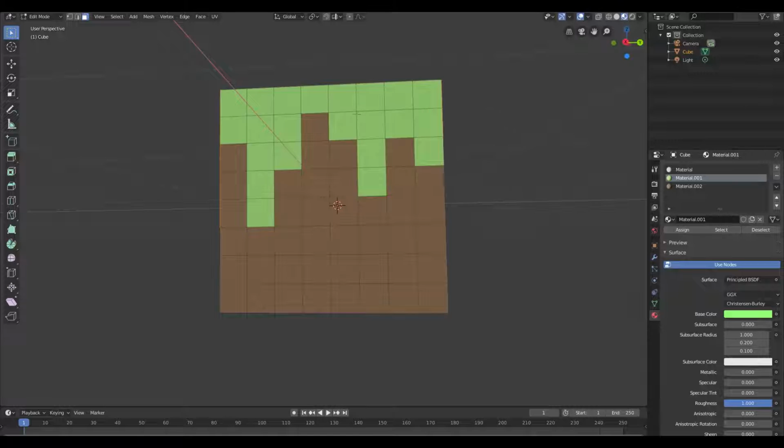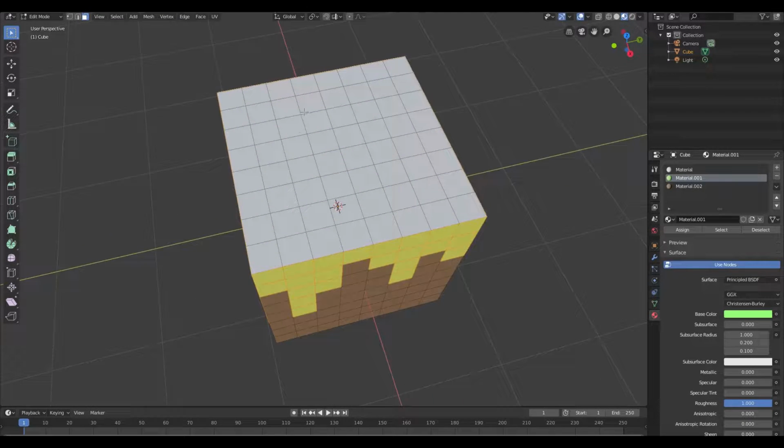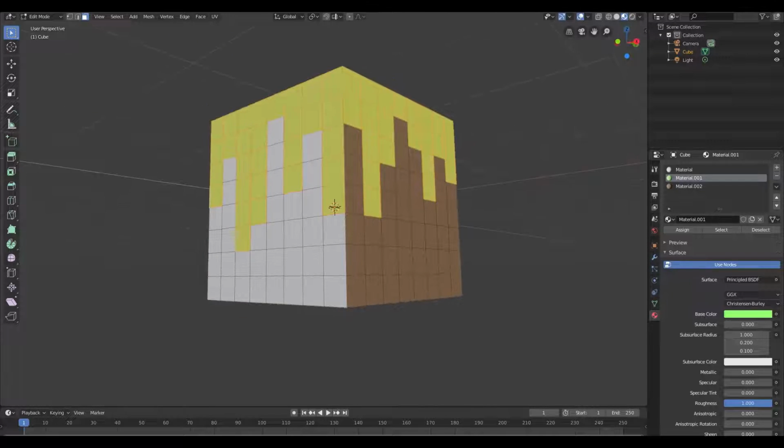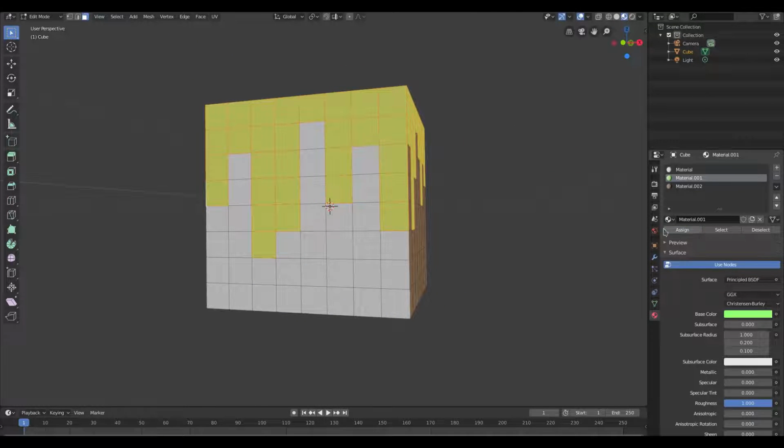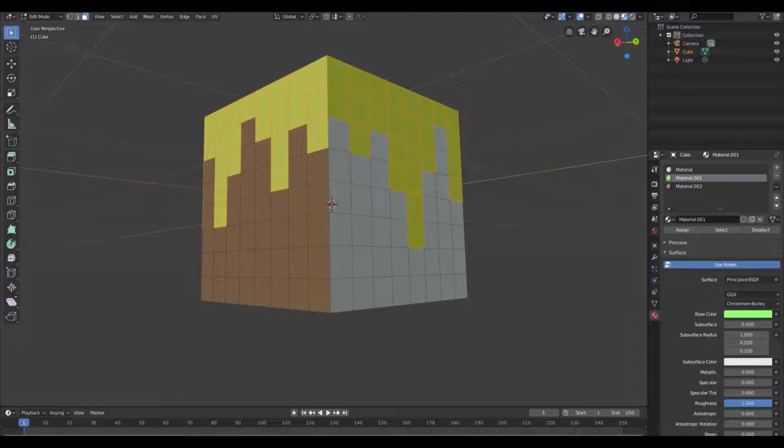Now if we select all the green first, so if I select all the places where I want grass at, right? So all that, and then of course on the top as well. So all of this should be green. If I select all of this, the bottom, I don't need that. Okay, if I select all the green, hit assign to assign all the green to those areas,